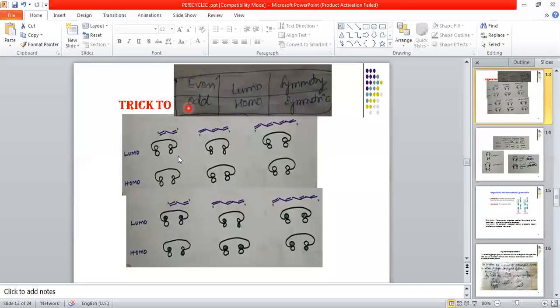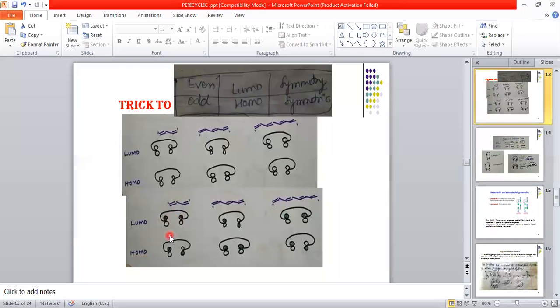As I told you yesterday, in this particular section there are 2 pi bonds. 2 pi bonds means that the pi number is an even number. And if your pi number is an even number, it means the LUMO will be found in symmetry form. Here you can see this LUMO will be in the symmetry form. Symmetry means both upper lobes will be in a shaded form.